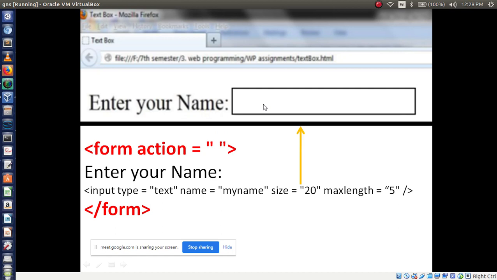So we write type is equal to text. Then we give a name for this control, that is my name. This is optional, you can give your choice. Then I am mentioning size and maximum length also. In this way we have to use the input tag.